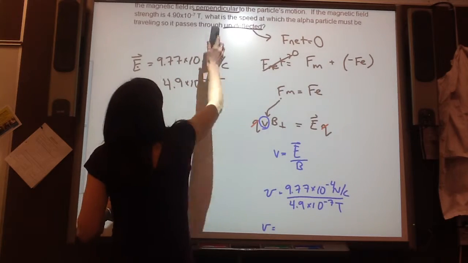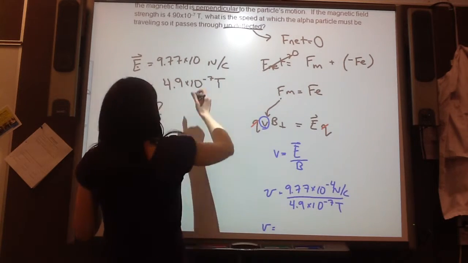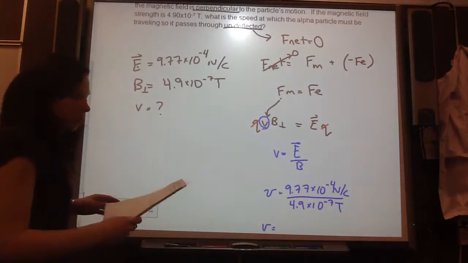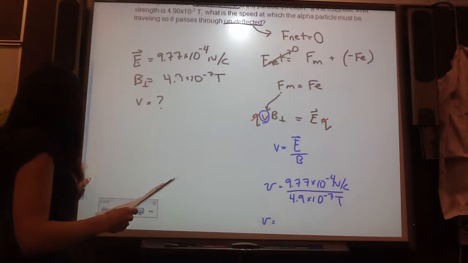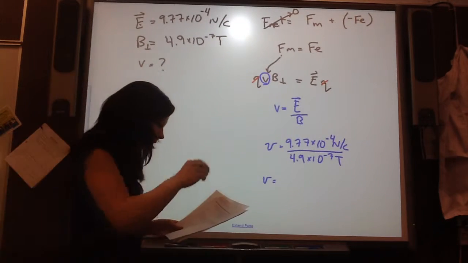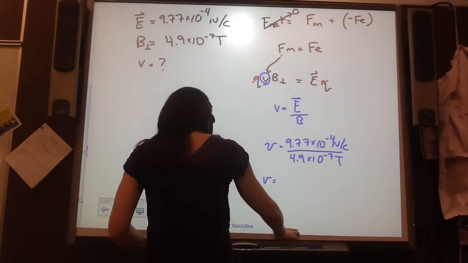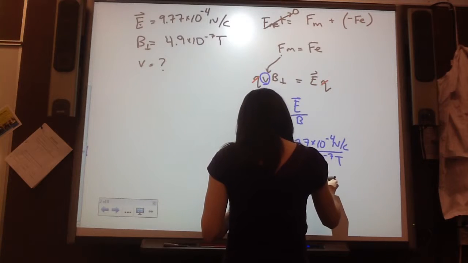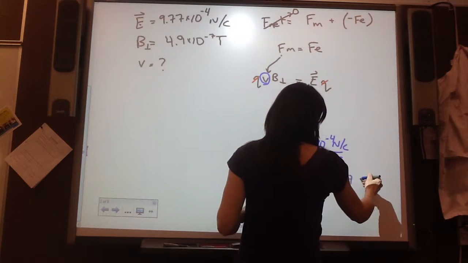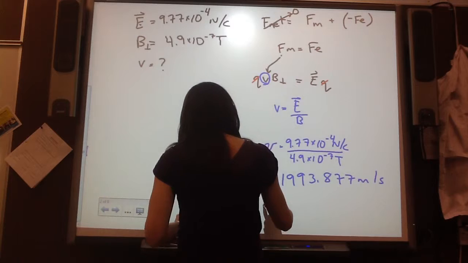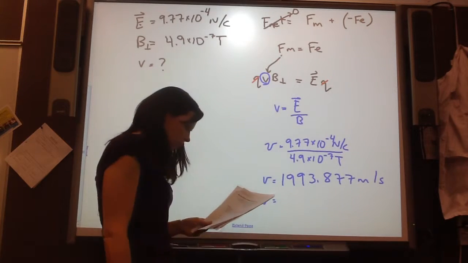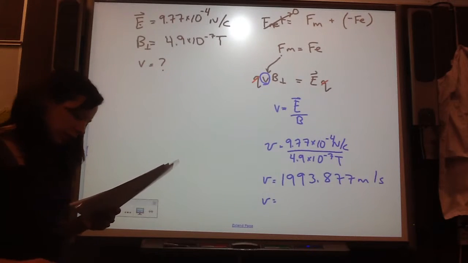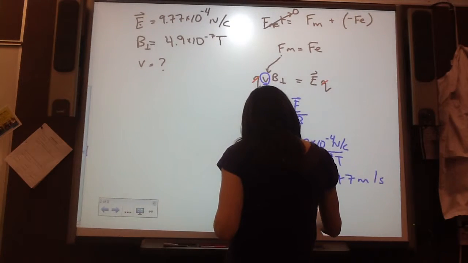It says 9.77 times 10 to the negative 4. Yeah, it says in the question negative 4, but I copied that down wrong. Sorry. Okay, so our speed is 1,993.877 meters per second. So we have 3 sig digs, so it's 1.99